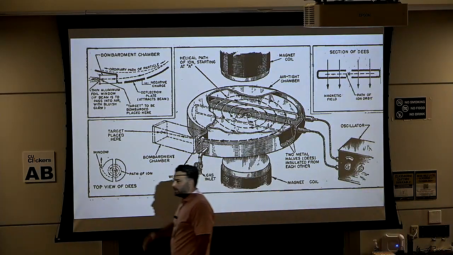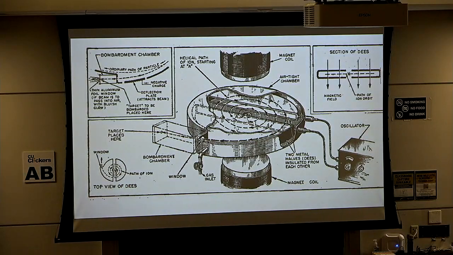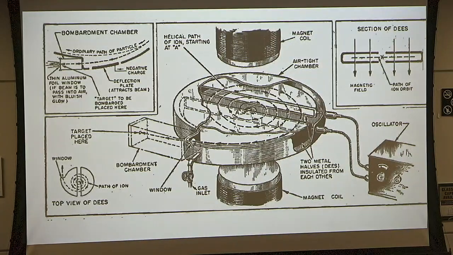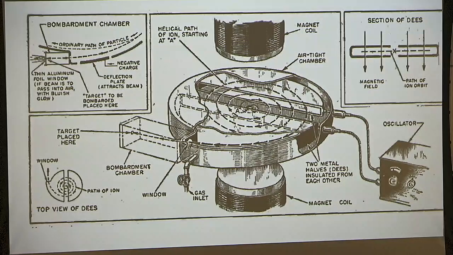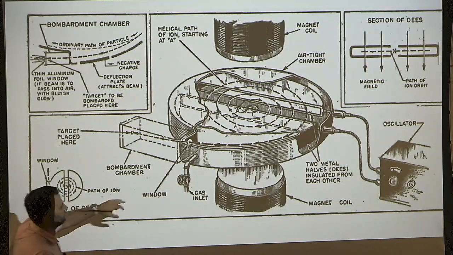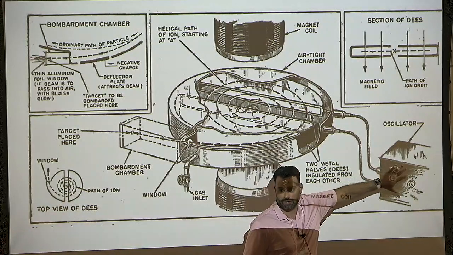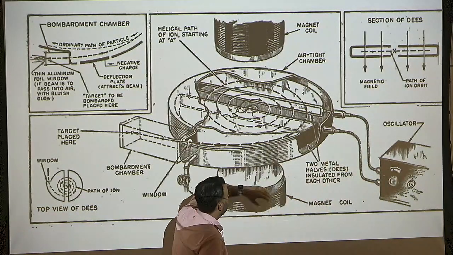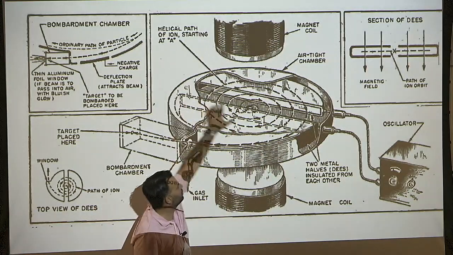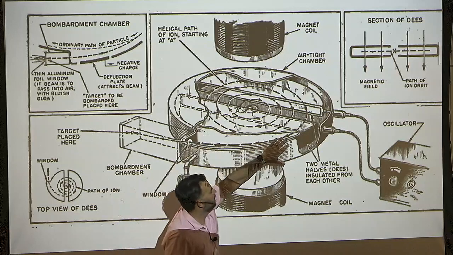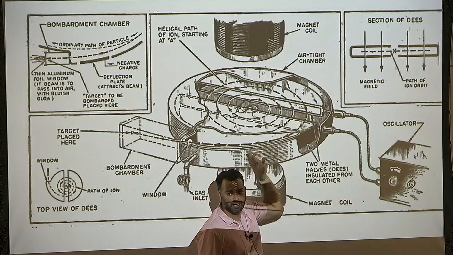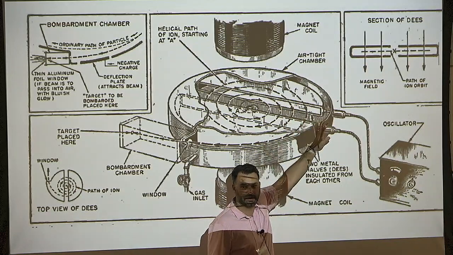So the idea is I want to use the same principle as RF, where I have a potential that's oscillating, and I only want to see the positive side of the potential. Of course, this diagram I pulled off Wikipedia, so it's not the best version of this. But what the structure is, I want to do something similar, where I have some RF power source that goes plus and minus, and I'll have two conducting regions that are called Ds because they look like a letter D. Okay? And when I go across this gap, I'll feel the accelerating field. In these two D regions, I won't feel the accelerating field.